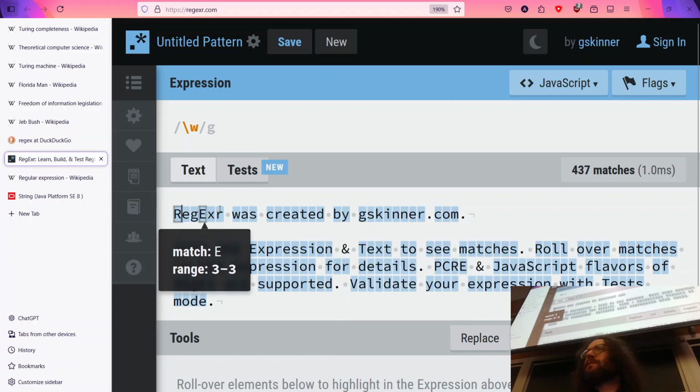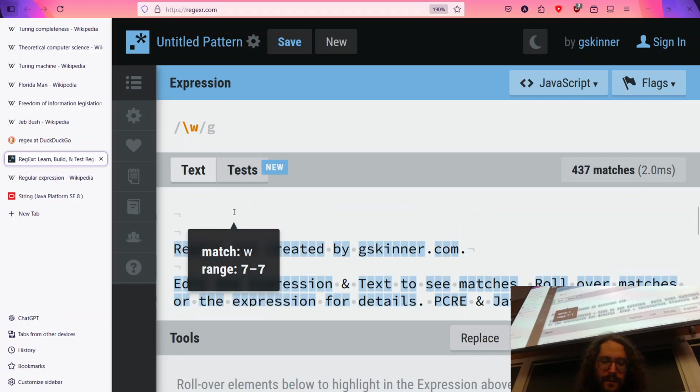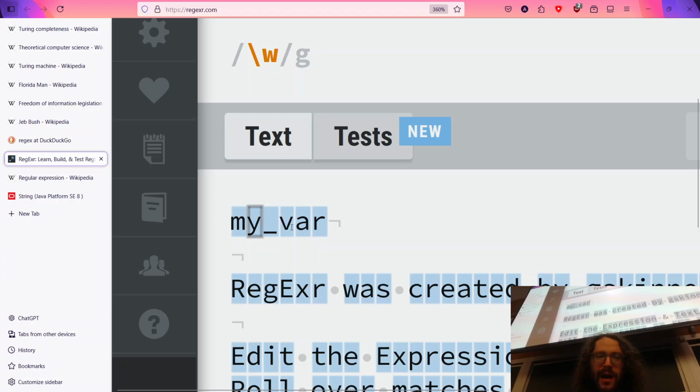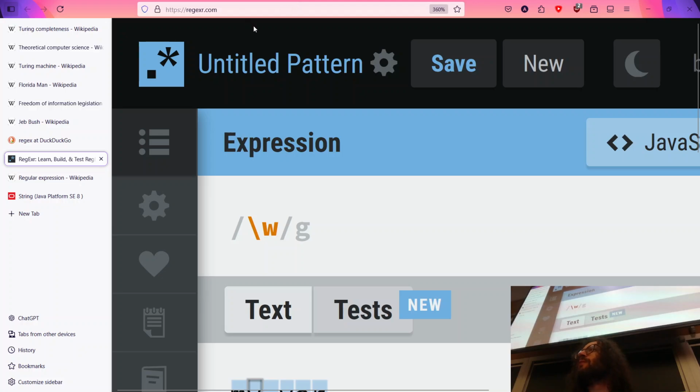Word characters are those characters that you would use for writing a variable, like my_var. We can zoom in and see how each of them is broken up. It's looking for each thing individually, so it's any letter, any number, any underscore. What are we doing this in? Regexr, because it's just a good way to visualize it.